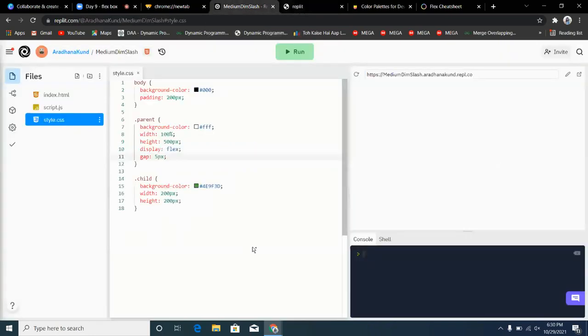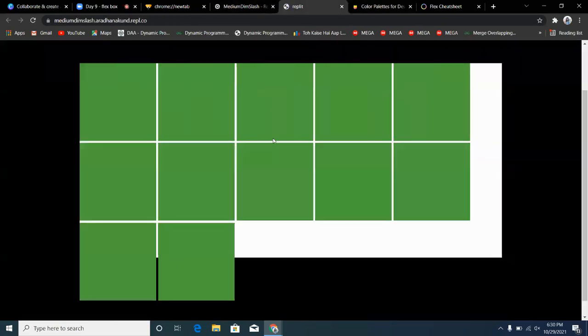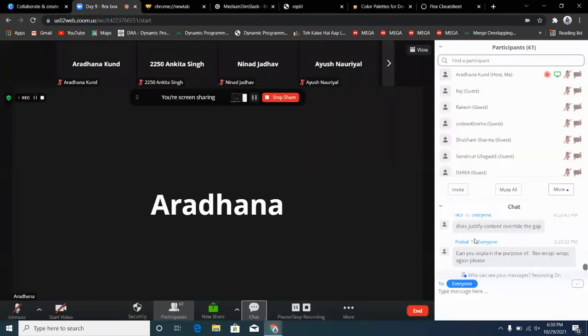But if I put in flex wrap and refresh it, you can see that they have rearranged themselves in the next rows. Got it? Understood?